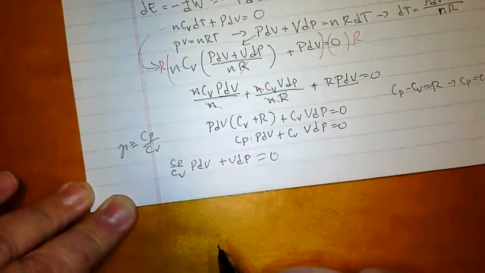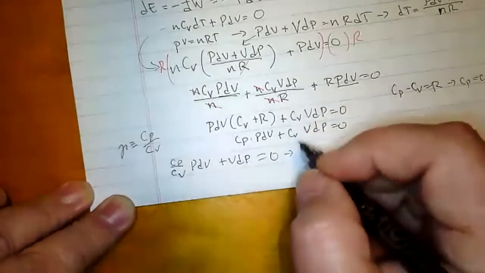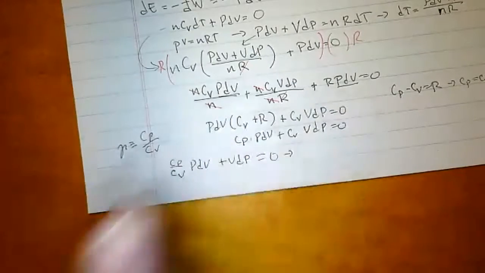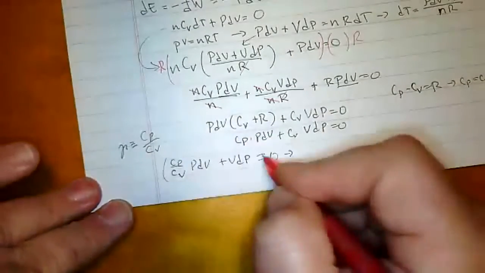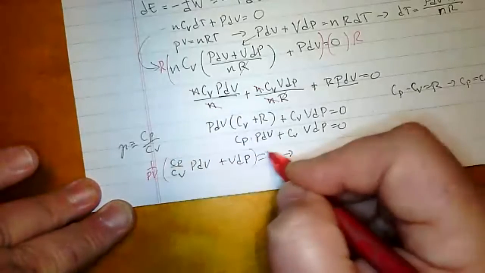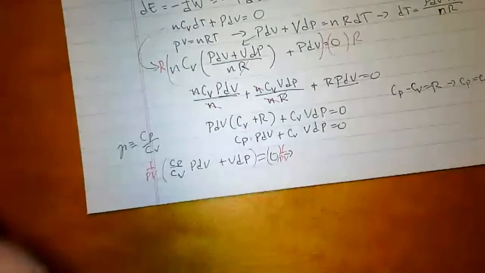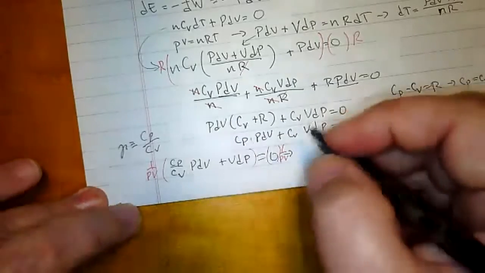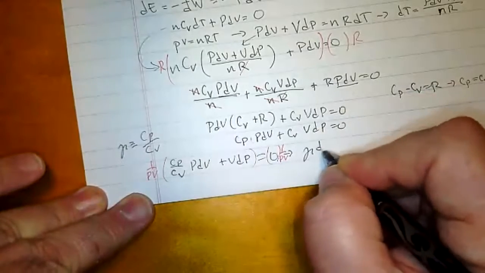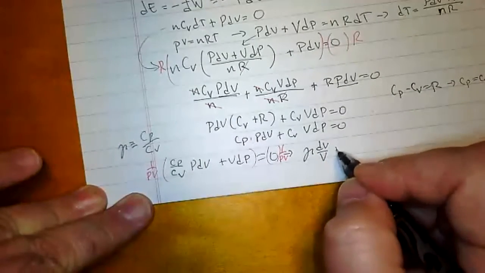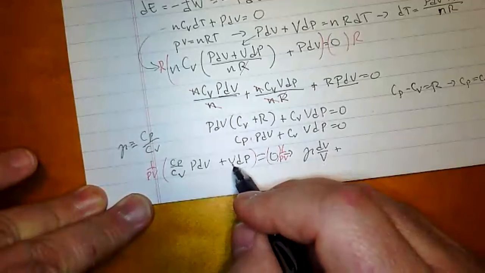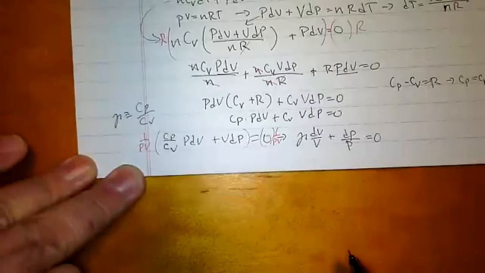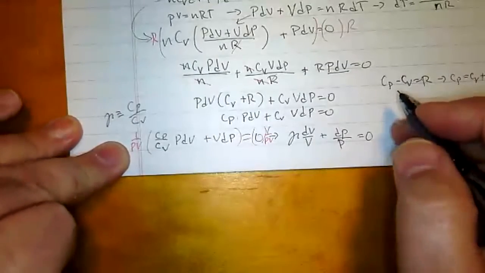Now what I can do is write this by dividing through, let's multiply by 1 over PV. When I do that, notice I get the P canceling out and I'm left with a dV over V. So I'm going to say this is gamma dV over V. Plus, and this one, the V is going to cancel out and I'm left with dP over P is equal to 0, which when we integrate,